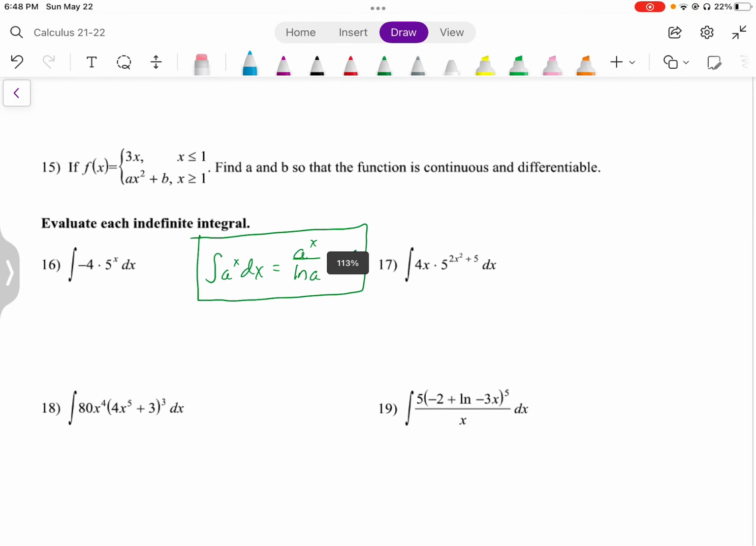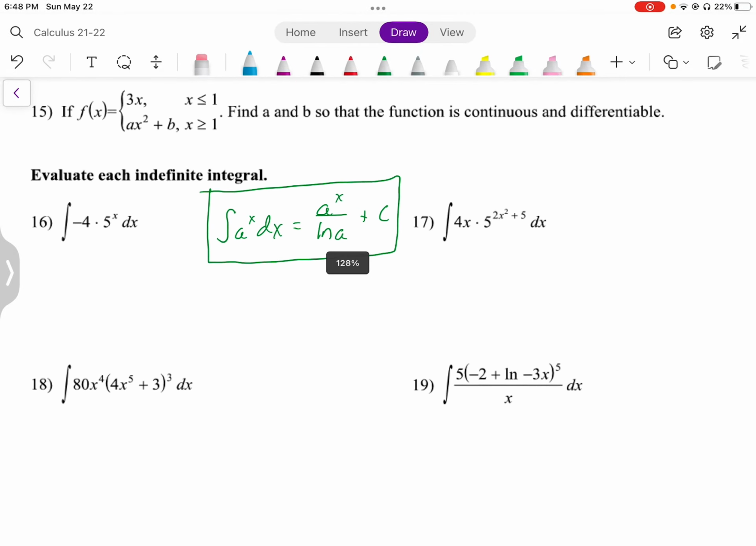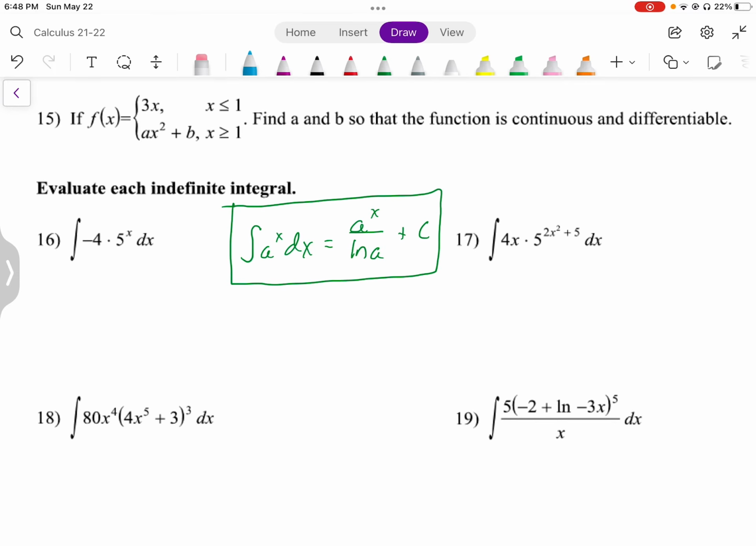All right, I didn't leave a whole lot of room for number 15 here, but let's see if we can get it in here. This says if f of x equals this certain piecewise function, find a and b so that the function is continuous and differentiable. All right, so for it to be continuous,